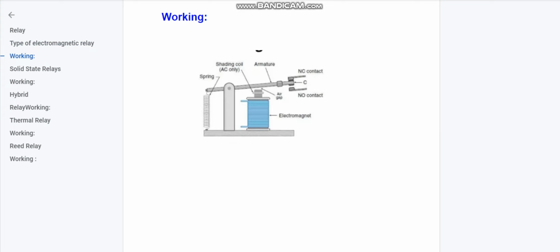It consists of an electromagnetic coil and a ferromagnetic armature. Originally, it is in the NC position as a spring forces the armature to touch the upper contact. When power is applied to the coil of the electromagnet, it attracts the armature toward itself because of the magnetic field. And when it gets attracted, NC changes to NO, and on the other hand, the second end NO becomes NC.